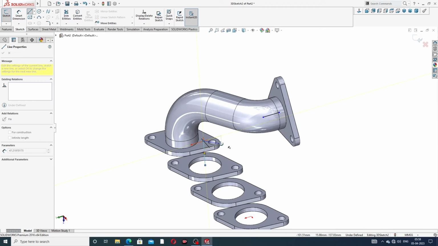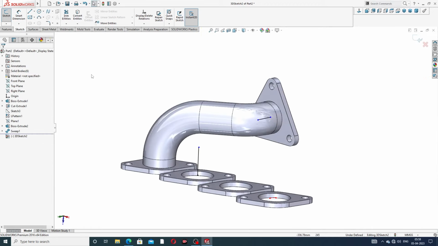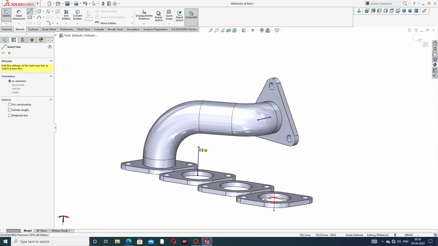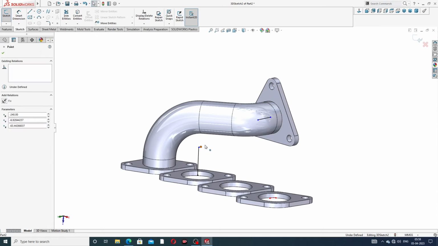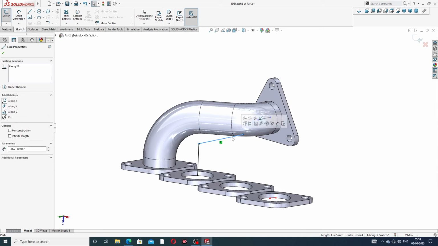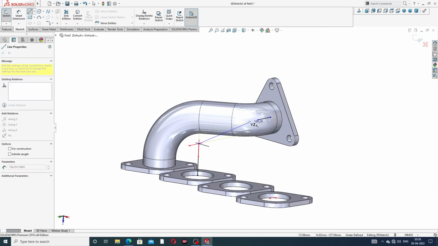Select a line. This line is also vertical, and use this, and also this line connects to this line. Okay, this line is also deleted here, and connect this point to this, okay,